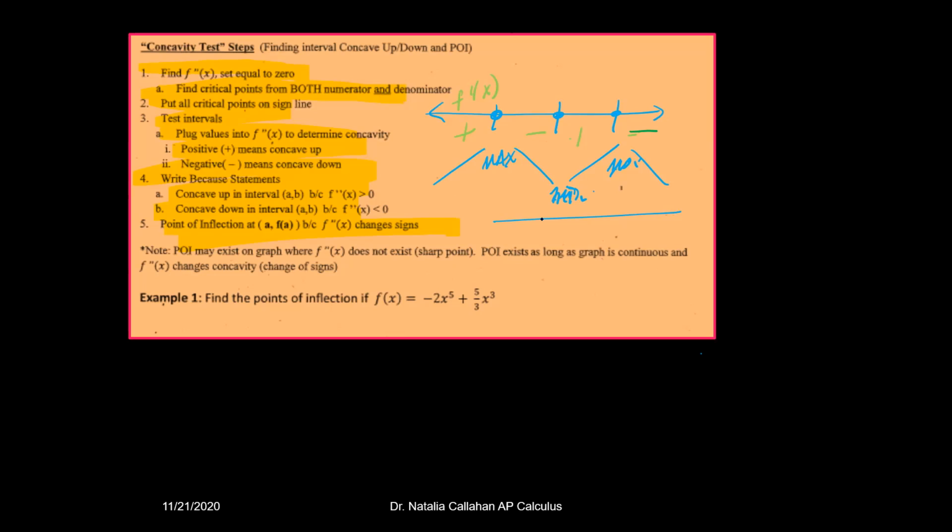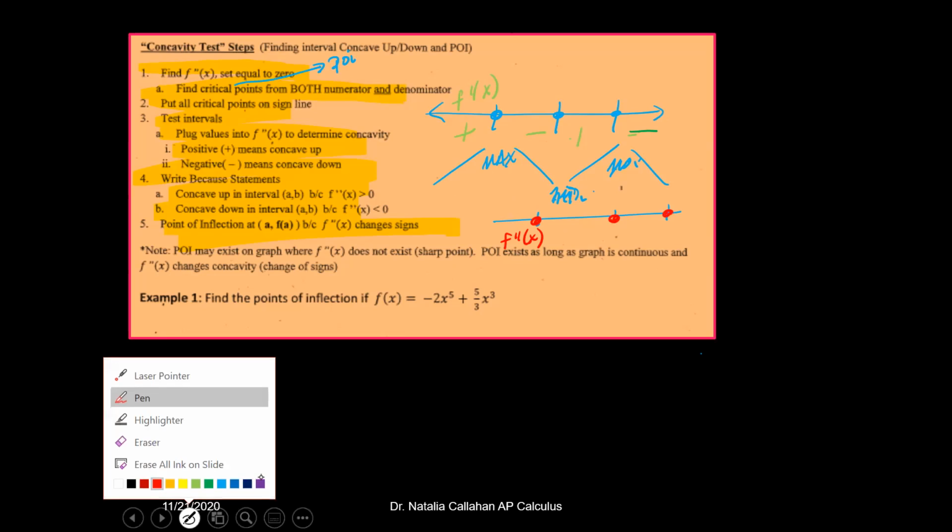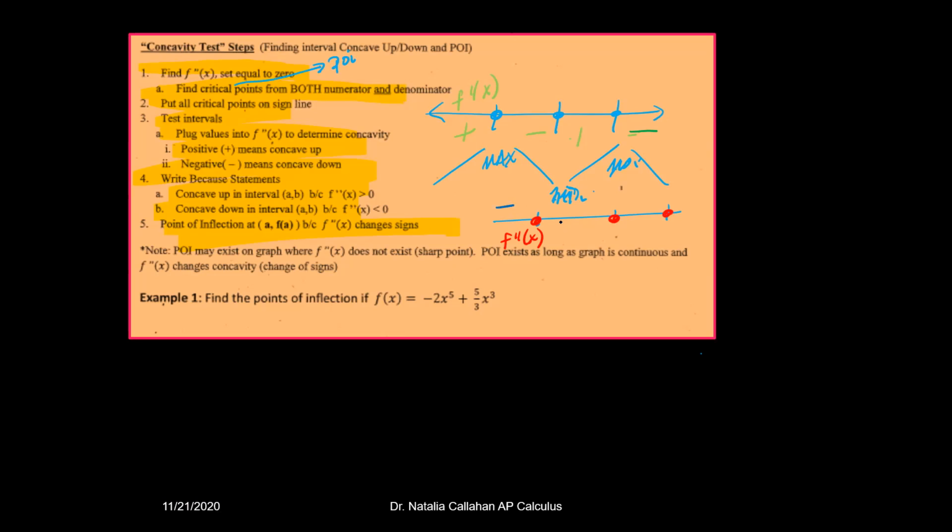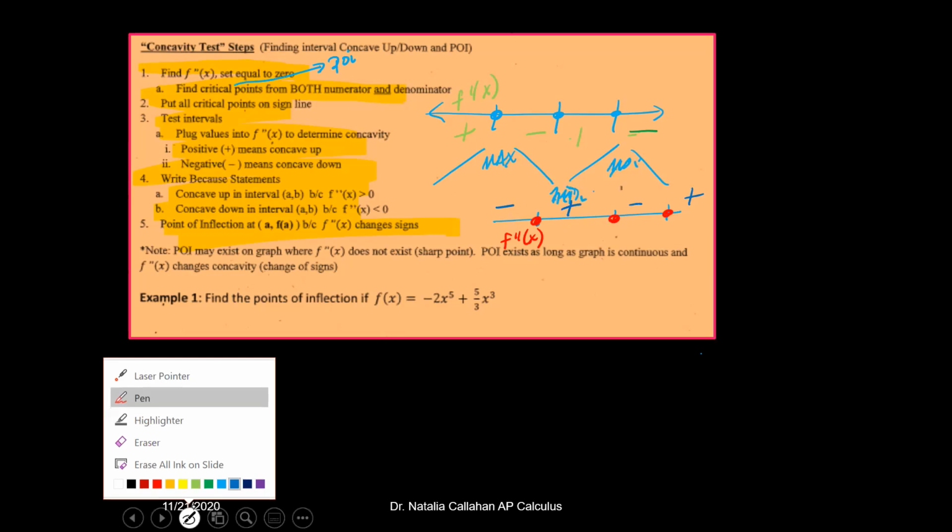And actually, when you have your f double prime of x, this right here is not a critical point. It's a point of inflection. So when you plug it in for the second derivative, it will be in the second derivative like this, okay? And then on the left side, because you have 3 points, let's say you have a positive, a negative, and a positive, what that means is